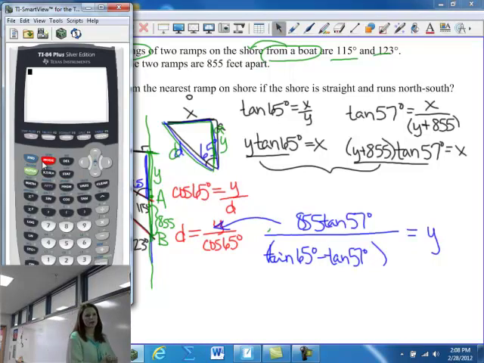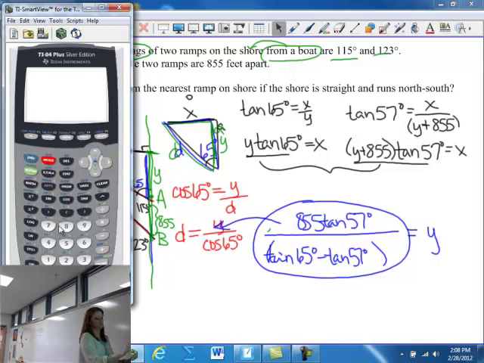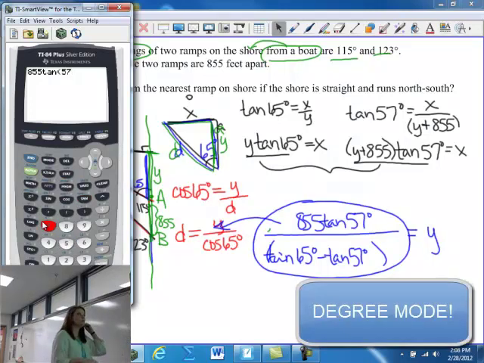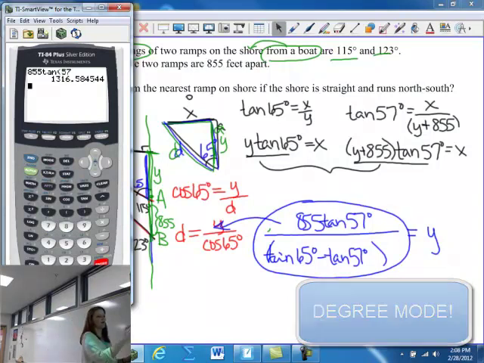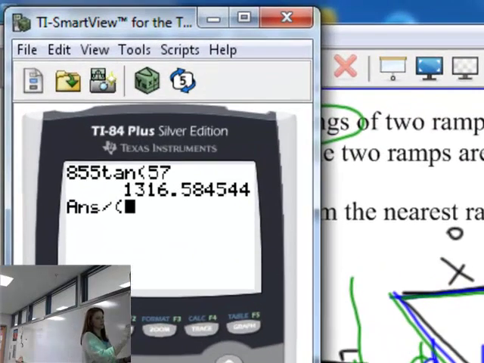All right, now that we have our calculator, here's what we're going to do. We're going to take our y expression, which was all this. It was probably the answer button for you. And we're going to divide it. So we had 855 times the tangent of 57. Let's make sure that you're in degree mode before you try this. I like to go ahead and do the numerator, and then divide by the entire quantity in my denominator. So we've got the tangent